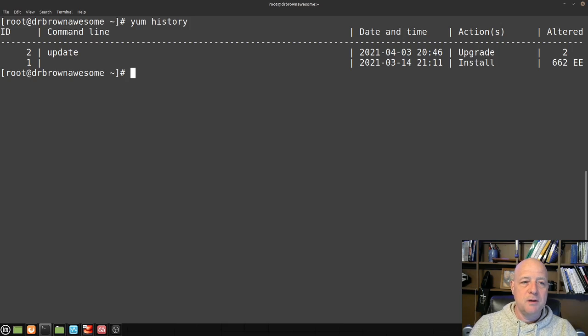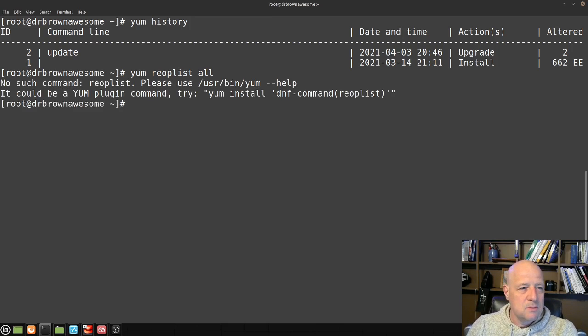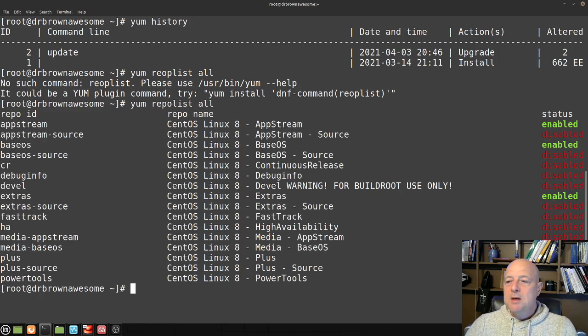Now, where this computer knows how to download things from is the repository list. And to get a list of your repositories, oh, I did not spell repo list wrong. There we go. So here's all the repositories that I've got. I've got a handful of them disabled, just a few of them enabled. This is mostly because I did a minimal server install on this with no GUI. So if I was to have a GUI, you'd see some of these other things kind of turned on